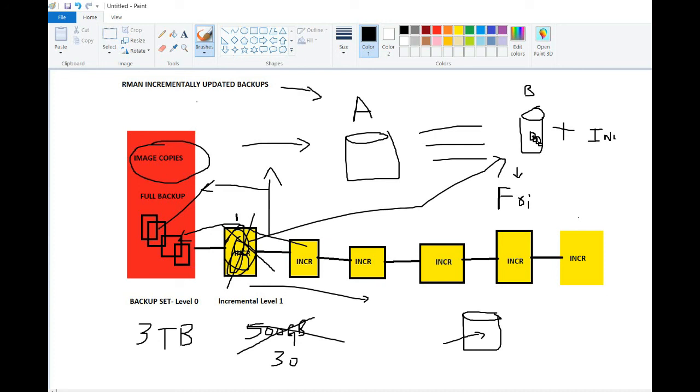But one thing is you need to have a lot of storage available. So if you have proper storage, so this is a primary storage area, then your image backup needs to be of more or less the same size. Okay, and you need to account for the incremental backups also.